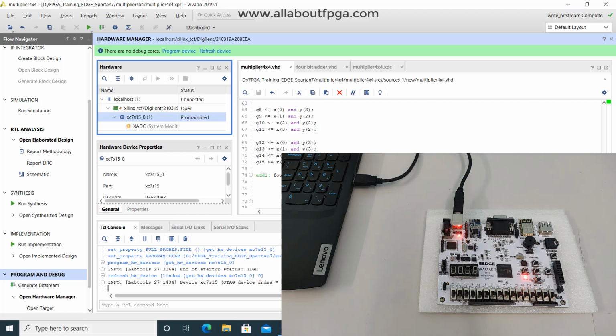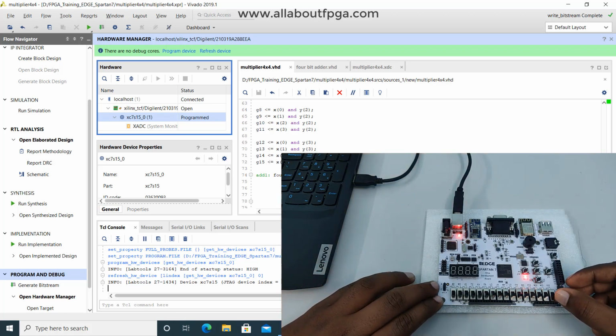Now we do some basic multiplication. Just turn on the first switch and next, x0 and y0 output is 1. If I make that x1 also 1, then output will be the same. Third switch, that 1 1 1 1 into 1.